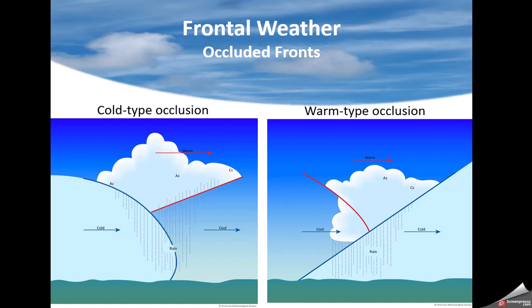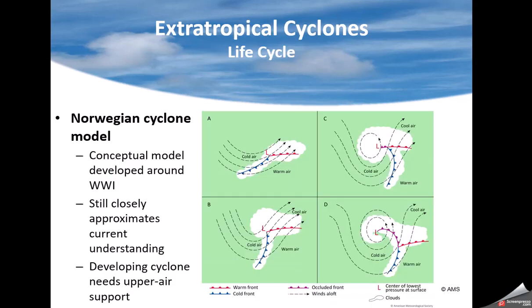So the warm air is literally aloft at that point, and you have two different air masses, but they're both relatively cold air masses. If one side, the advancing side, is colder than the other side, that's a cold type of occlusion. Very normal in most of the eastern two-thirds of the U.S. On the West Coast sometimes, however, you get a warm type occlusion. What that means is the colder air is on the east side and the warmer air is to the west, even though it's still a cold front or occluded front in this case. All right.